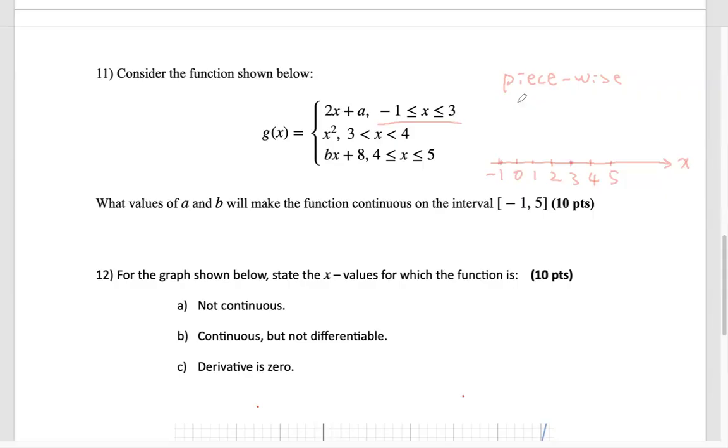Well, let me draw the y-axis: 1, 2, 3, 4. A is some value we don't know, but because the slope is 2,